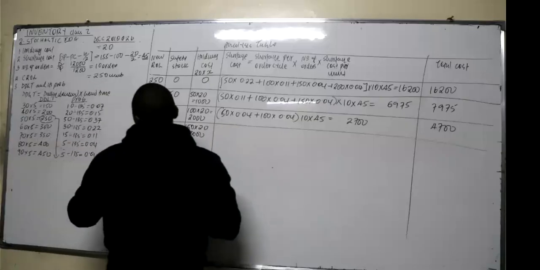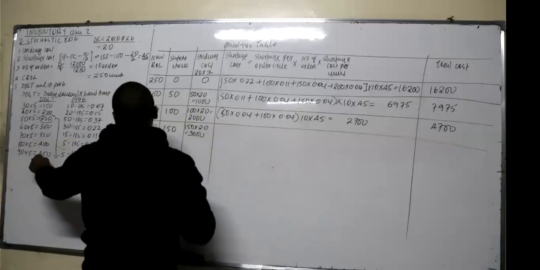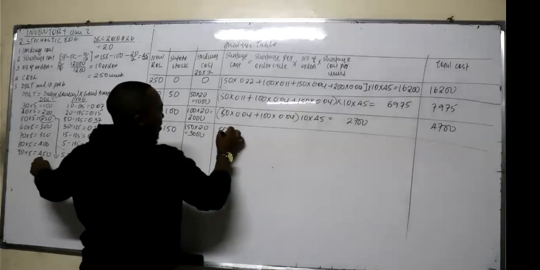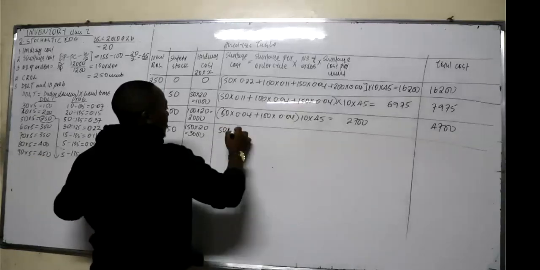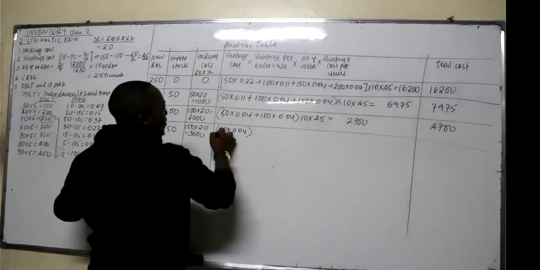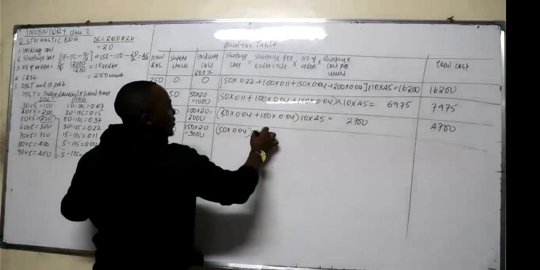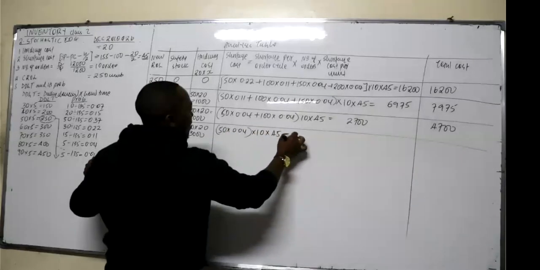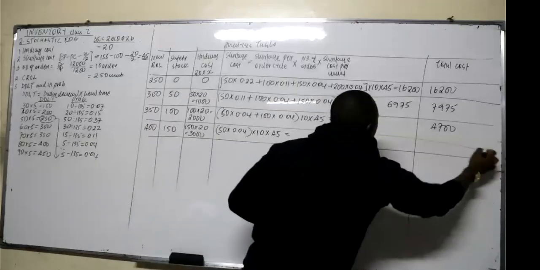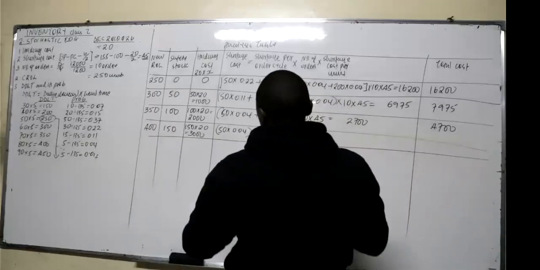Shortage. If you order 400, demand can increase to 450. You run short by how many units? 50. And the probability of that happening is 0.04. Then you multiply by the number of annual orders times the shortage cost per unit. 900. So therefore, our total cost will be an amount of